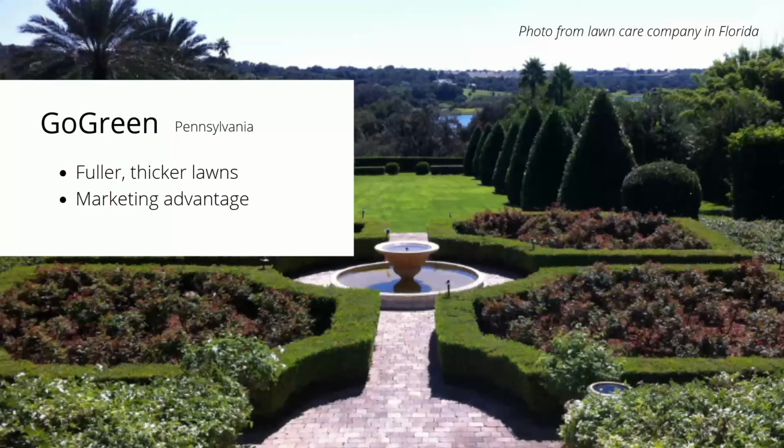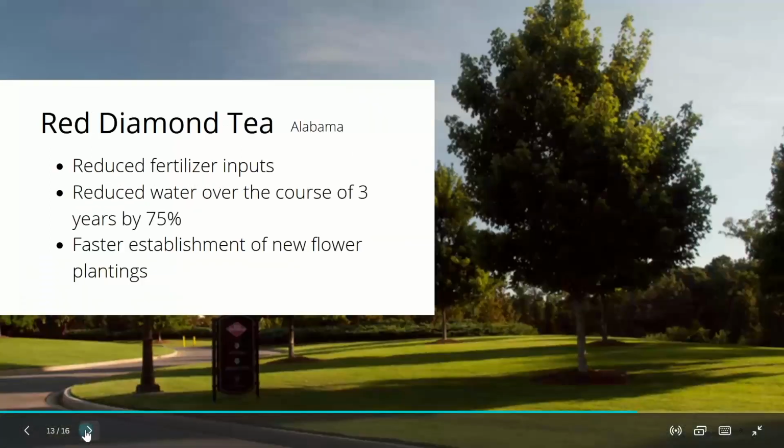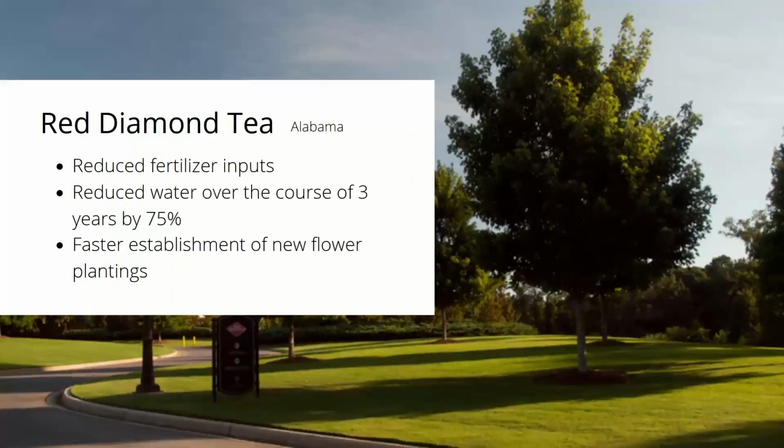You know, I spoke to their sales team last year, and they said, I hope that we never stop using your product because it's the easiest way for me to sell lawns. Having come from that background, I was a technician, I was in sales for lawn care. And I'll tell you, when you find that angle and you know how to pitch it, it really makes a huge difference. Red Diamond Tea in Alabama,